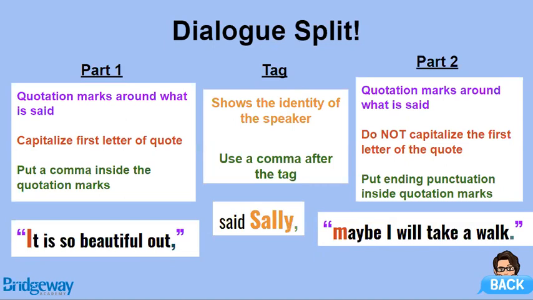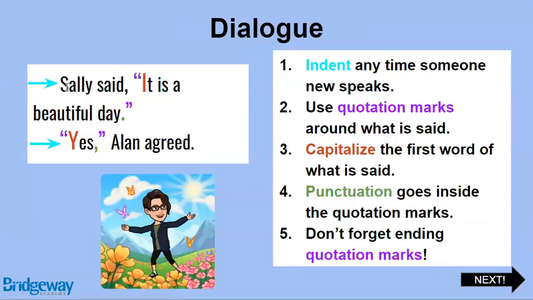All right, this is a good way to say a different way. Instead of just saying blah blah blah, said Sally, we can split some information. So if we want to make it a point that she has a not happy tone, we could add that after the first sentence and then have her continue on speaking. And that just means this formatting here, where you put the tag in the middle of the sentence, is a different way to format dialogue, if that is helpful for you. But you can see in all of our dialogue, we want to make sure we have that tag line, either at the beginning, in the middle, or at the end of our dialogue that says who said it. That's a dialogue tag, or a speaker tag, it's sometimes called.